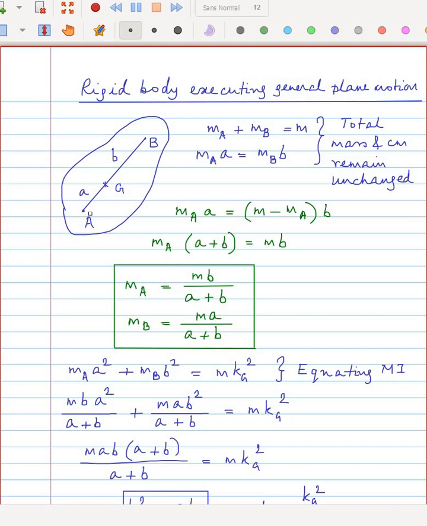Now what we want to do is put a mass MA here and a mass MB here. Then how much should this distance b be, such that this whole rigid body can be replaced by